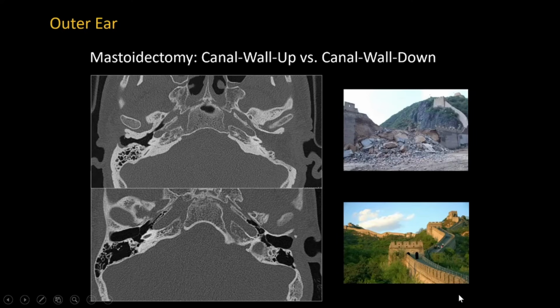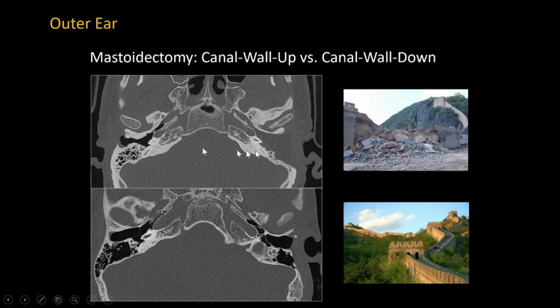As far as mastoid, if the patient has a history of mastoidectomy, you can generically talk about two types of mastoidectomy. One is canal wall up, the other one is canal wall down. How to determine what they are? It's pretty easy. Just look for the bony wall or the posterior wall of the EAC or the anterior bony